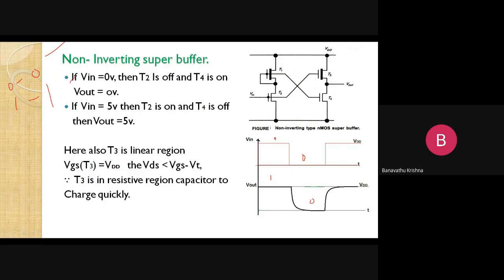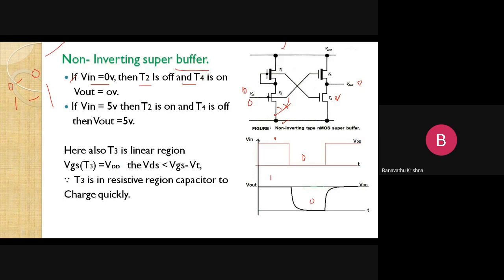So suppose here I apply input 0 volts, then T2 is going to be off, and T4 is in the on condition. Why? Because T2 is off, there is no connectivity between the VDD and VSS supply rails. So the transistor T2 generates the response that is connected at the input of the transistor T4. Then there is a connection from VDD to VSS through the transistors T3 and T4. So then only the output response is 0. Here we applied input 0 and we are getting output response 0 again, so simply it is acting as a buffer.